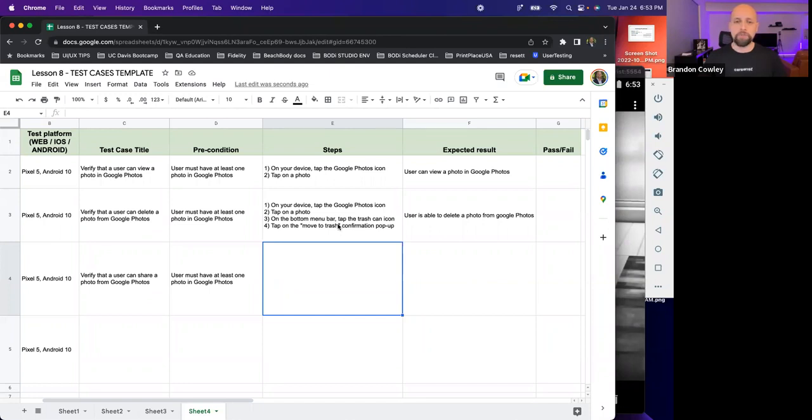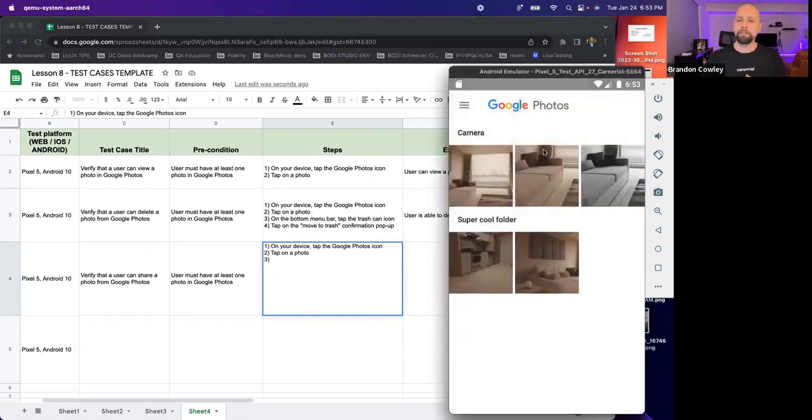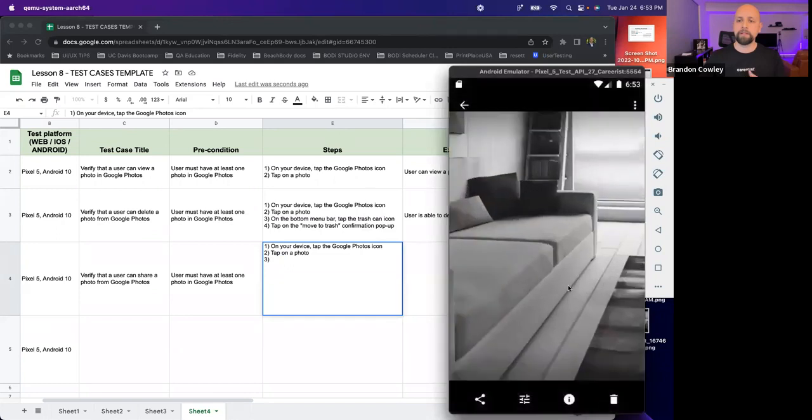So let's do this, but not those steps. We know the first 2 steps are going to be the same. Of course, you go into your device, you tap the Google Photos icon, you tap on a photo. Yeah, let's use this one. So then from here,